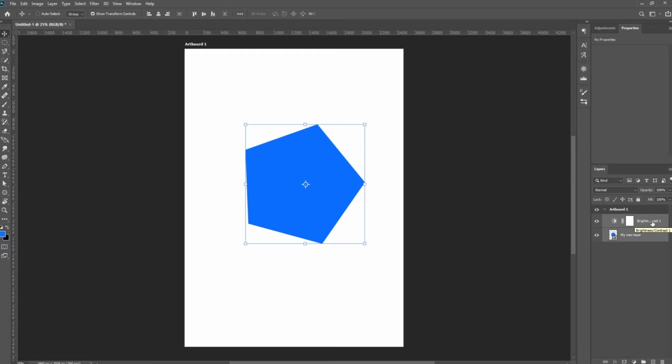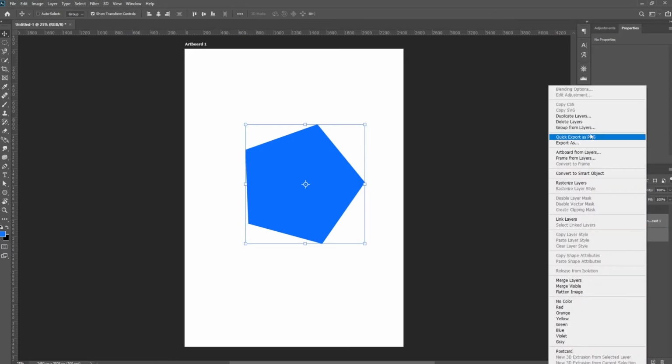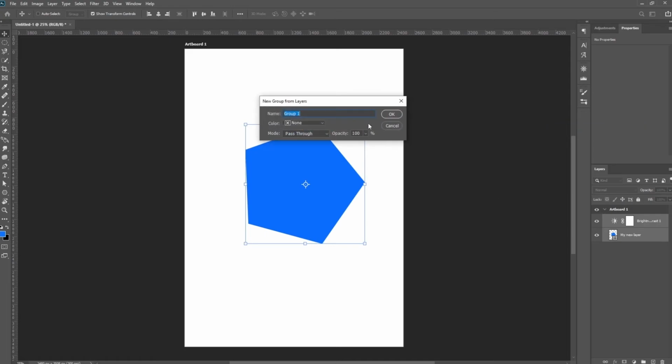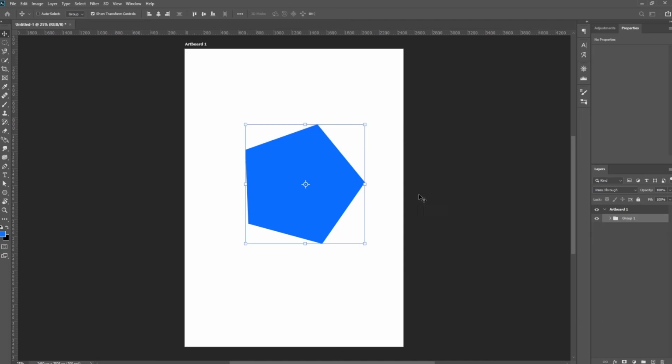Once you're done selecting them, right click and choose Group from Layers. Then it's going to ask you to give it a name. If you like, you can change the name, or you can just press OK. You've grouped from layers. Another way to do that,